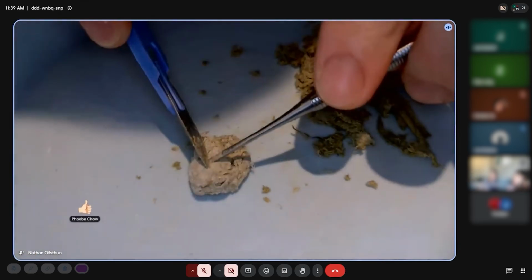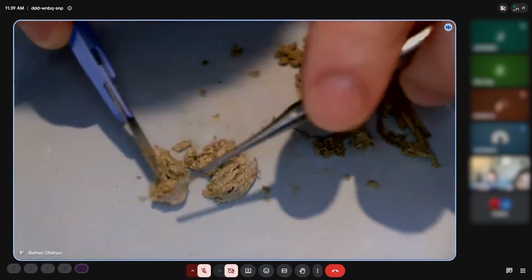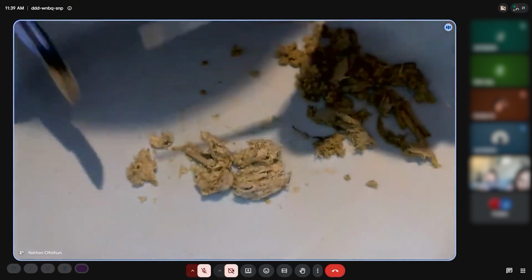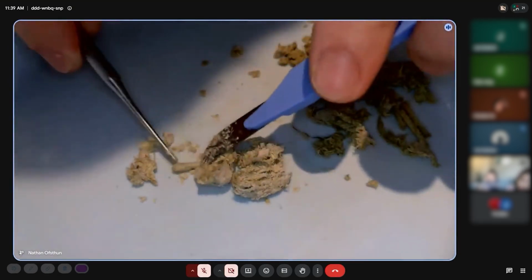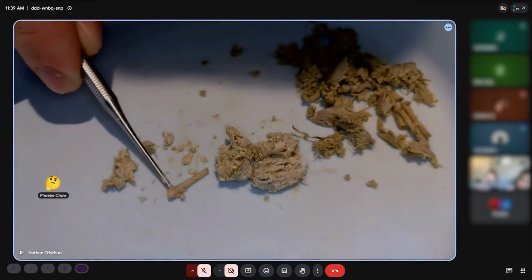And so this one, I'm just going to cut through. It just has a slightly different outer shell. I don't know if it's just because it had a little bit less moisture in it. I don't know what the reason is. Oh, right here, we have a fairly distinct large bone. There, right there. Actually, this one I can see a little bit better. You can see the knob right here.